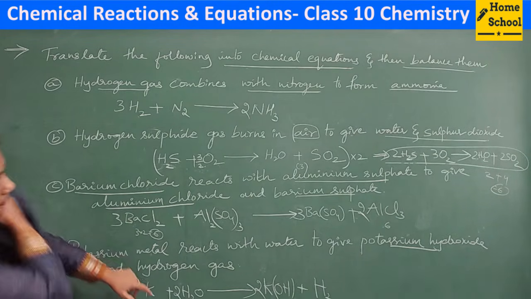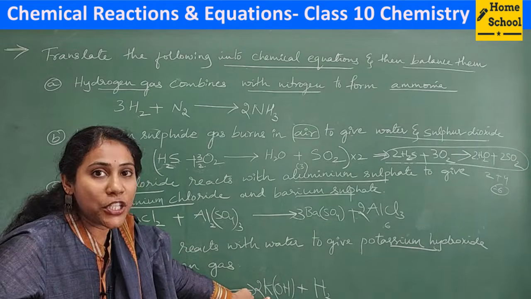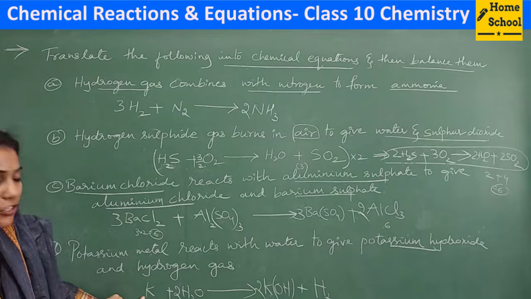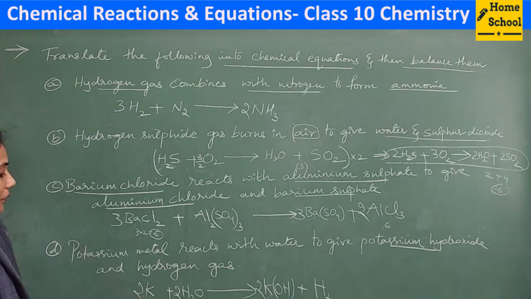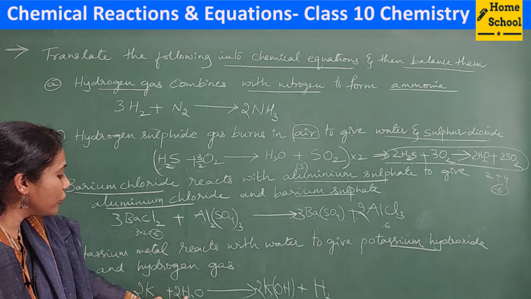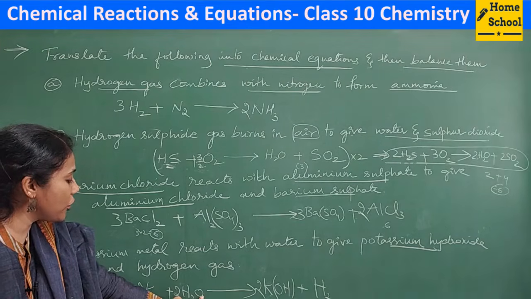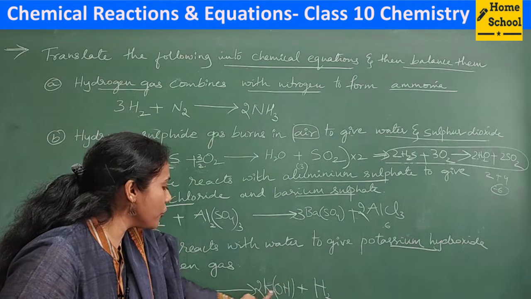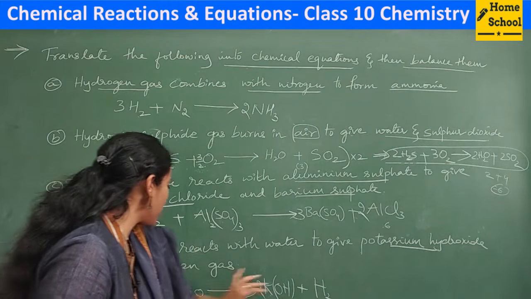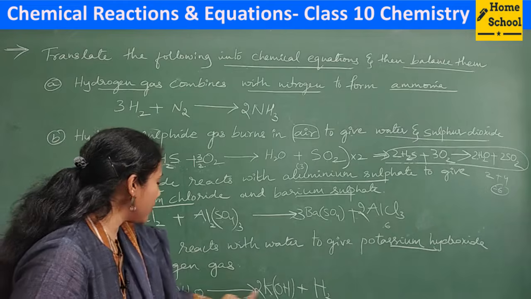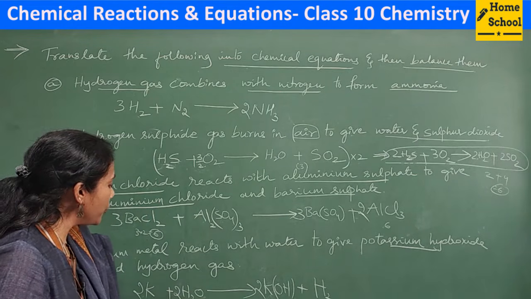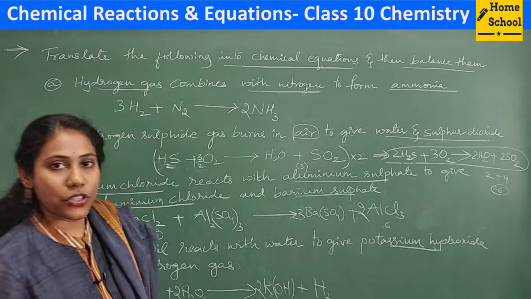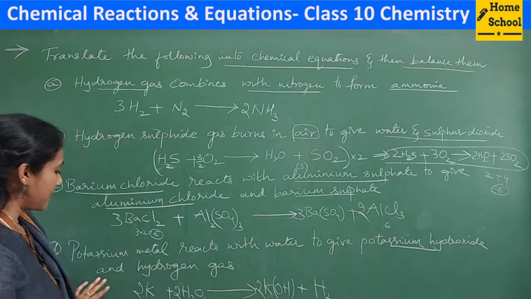But you see the potassium. After putting 2, it has become 2 potassium now. Here it is 1 potassium. So you will put 2 here. Now lastly check the oxygen. This 2 belongs to this oxygen also, so 2 oxygen, and on this side this 2 belongs to this oxygen also. So 2 oxygen, 2 oxygen, 2 potassiums, 2 potassiums. And how many hydrogens? 2 into 2, 4 hydrogens. Here 2 plus 2, 4 hydrogens. So all elements are balanced, right?